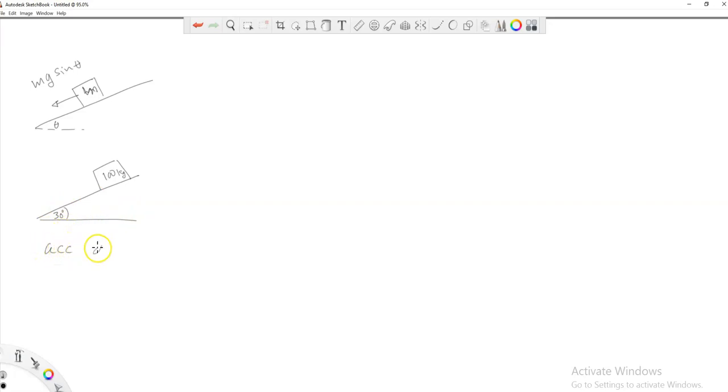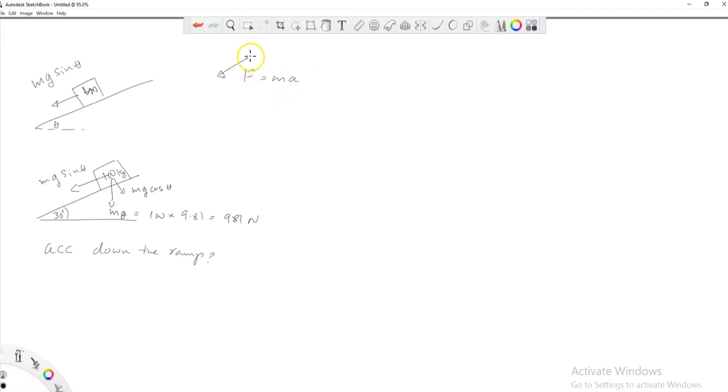Acceleration down the ramp. What is the acceleration? It's sliding down the ramp. Alright, so what do we do? We find mg, which is 100 times 9.81 equals 981 newtons, and then we split this into mg cosine theta and mg sine theta. Now to find the acceleration down the ramp, we're going to write F equals ma this way, down